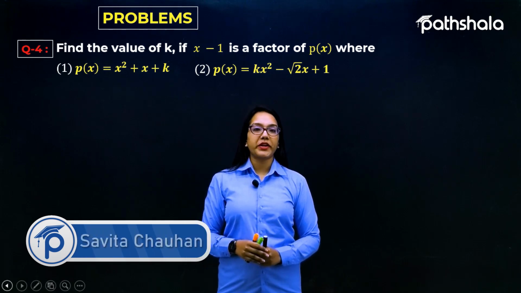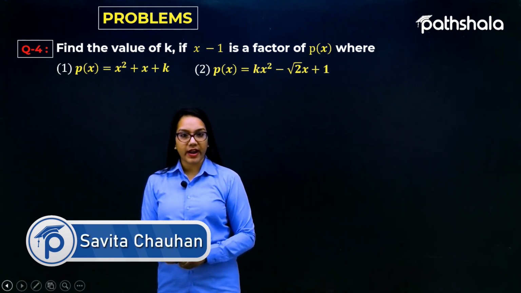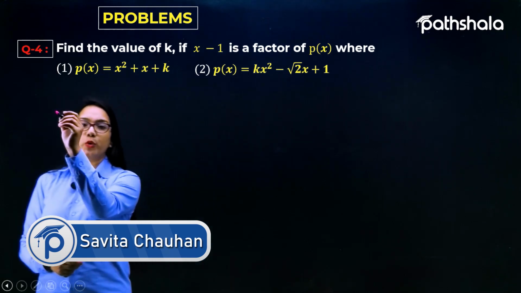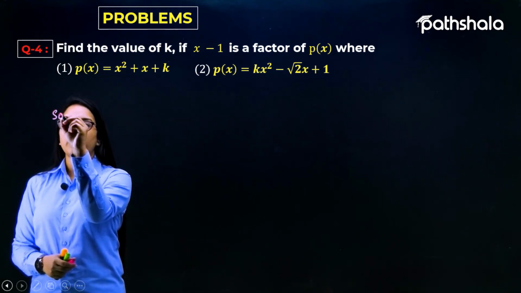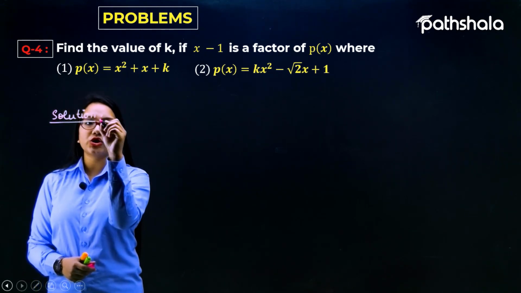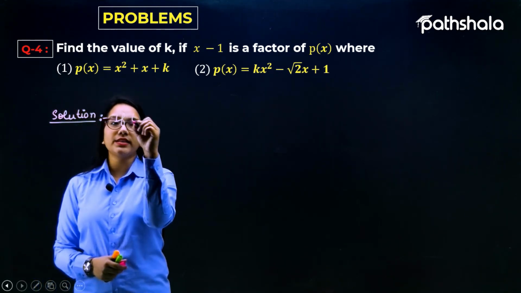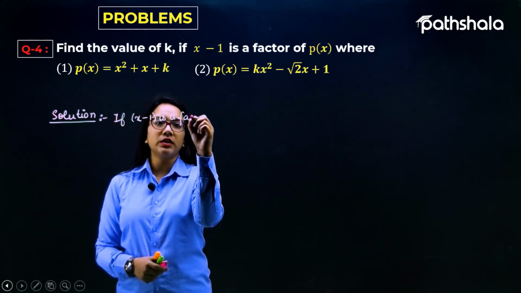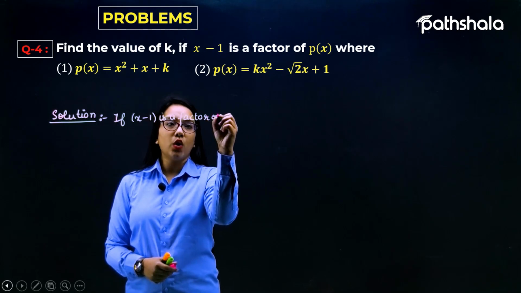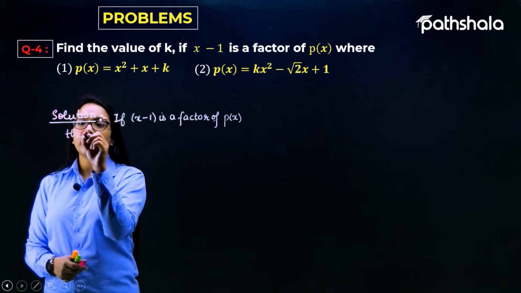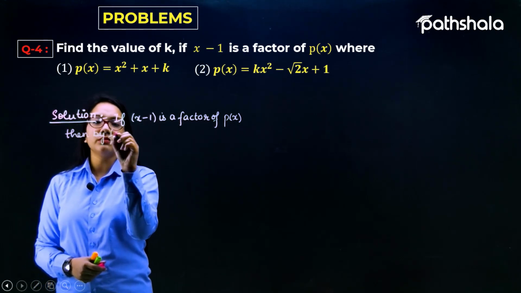Now let's just see question number 4. Question number 4 says: find the value of k if x minus 1 is a factor of p of x. So let us suppose we are starting the solution of the very first part. As per the question, if x minus 1 is a factor of p of x, then by the factor theorem,